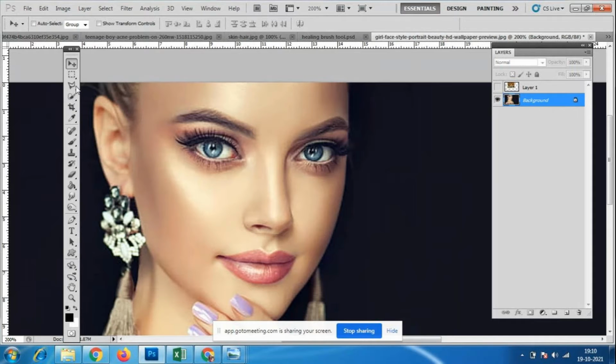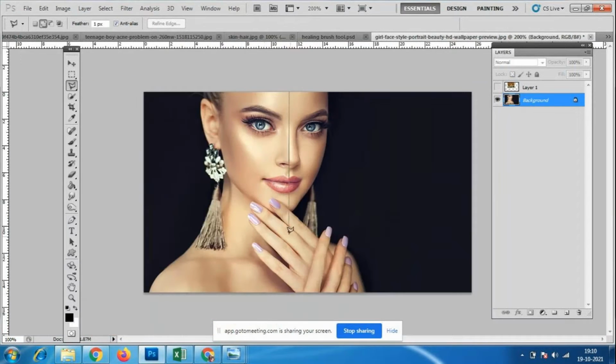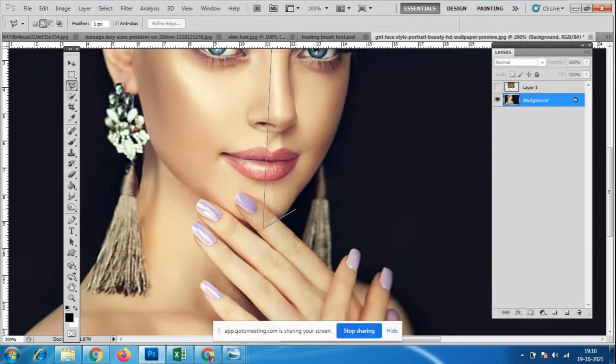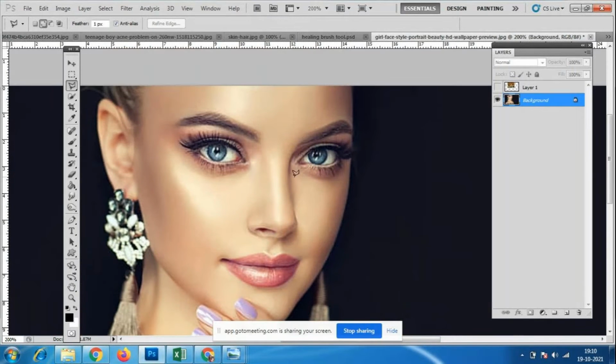and I'll go to this polygonal tool and I will select how much ever the area I want. Let us see we can do it or not. This one. So I'll select this area.